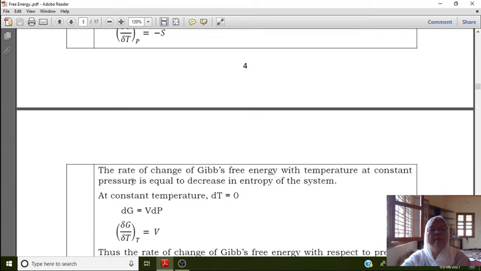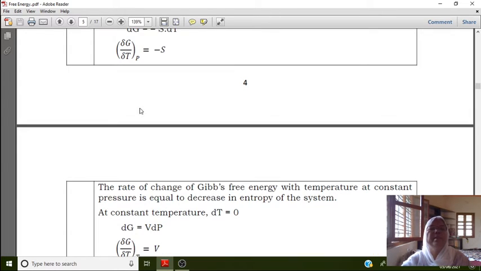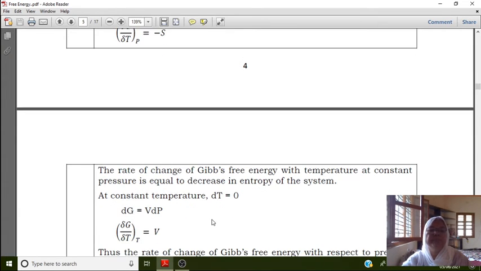Then the rate of change of Gibbs free energy with temperature at constant pressure is equal to the decrease in entropy of the system. Remember, the rate of change of free energy with temperature at constant pressure is equal to the decrease in the entropy of the system. This is the significance of this equation. Then at constant temperature,